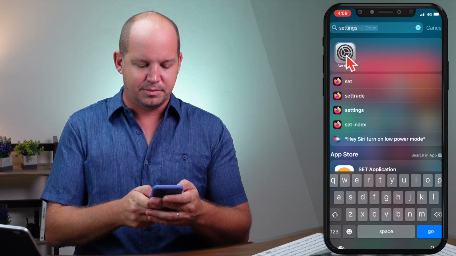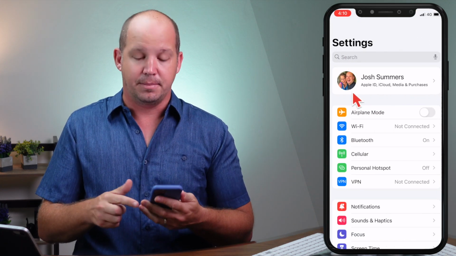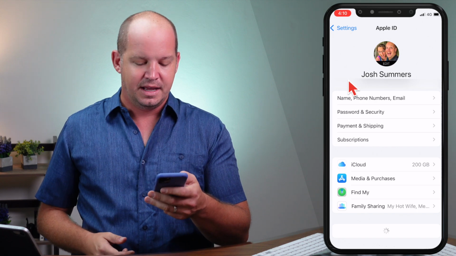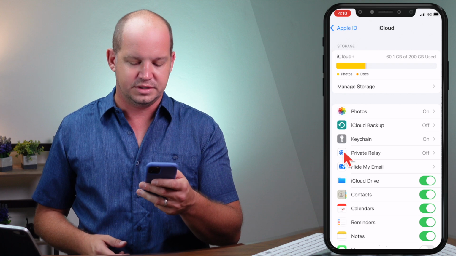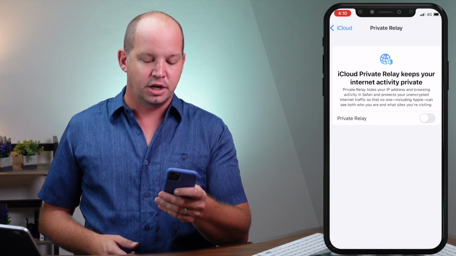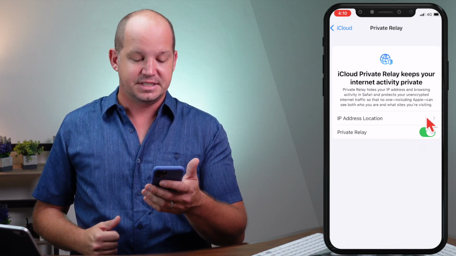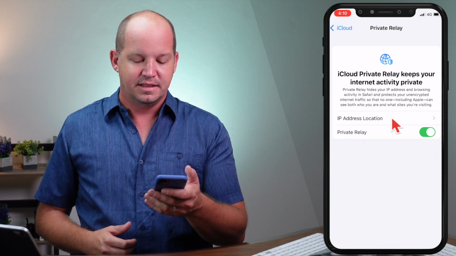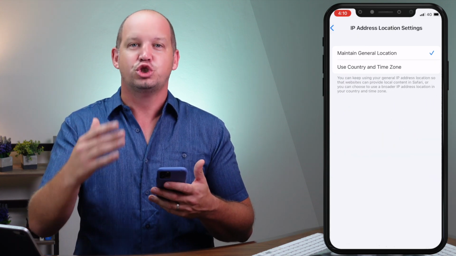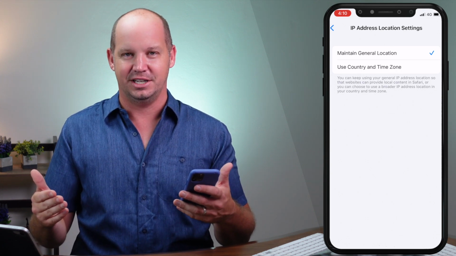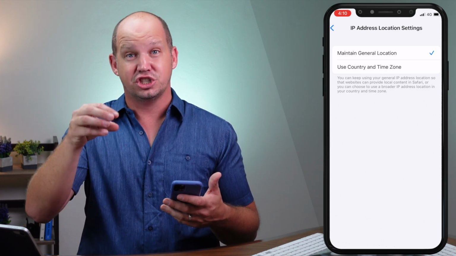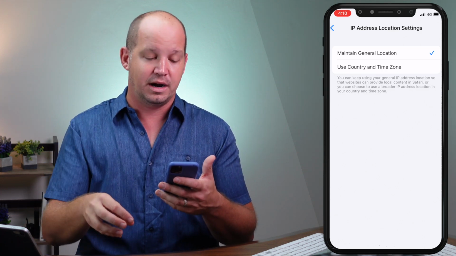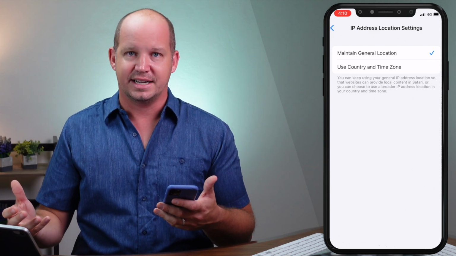Now, the way that you would do this is you would go into your Settings app. I'm going to do that right now. On the top, you're going to see your name and iCloud. You're going to click into iCloud, and you're going to see Privacy Relay about four rows down. Now, if you want to turn that on, you're going to notice that there's another level that says IP address location. This is where you do get one choice of how you want your IP address location to come up. So normally, if I were to look up my IP address, it's going to show my city. It's going to show a lot of information about who and where I am. And let's say I'm in Chicago accessing the internet.